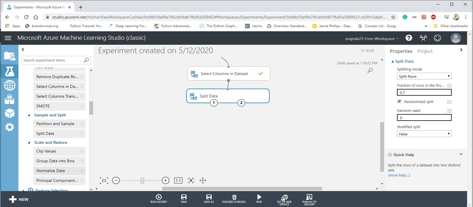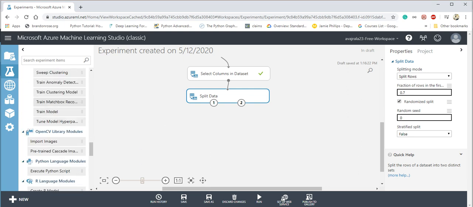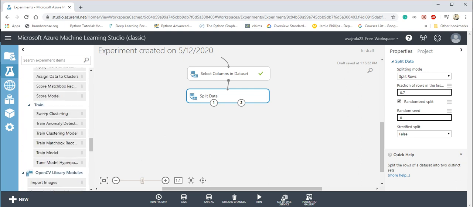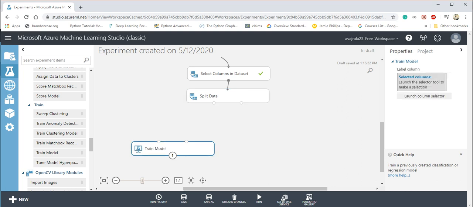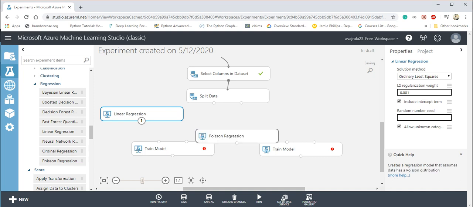Now we want to train a model. For training a model you need to take the train model module, and then we want to perform two different trainings. We will use linear regression, since it's a regression data set, and we will also use Poisson regression.